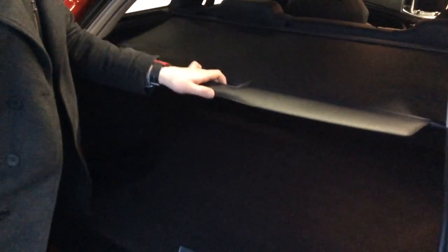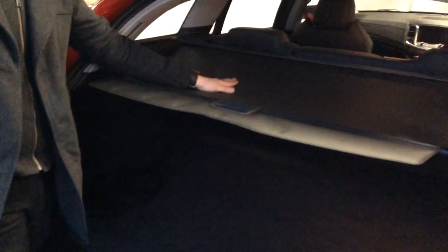So with opening the boot, you do get a one foot distance where you can open the boot from, and obviously all your luggage space in the back of the vehicle as well. So with these, they do have the little curtain underneath. You can store some extra stuff on top, not anything too heavy, and then obviously you've got your extra room underneath. With these particular vehicles,